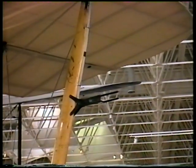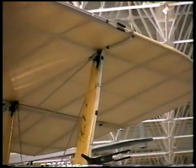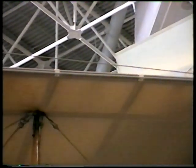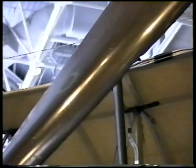Now if we follow these pitot tubes in from the pitot tube itself, they go up the strut along the leading edge of the wing, which leads Vern and I to think that that would disrupt the airflow. For the simple reason, they didn't have the same stuff on the right-hand leading edge. Of course, it's not covered yet, but...